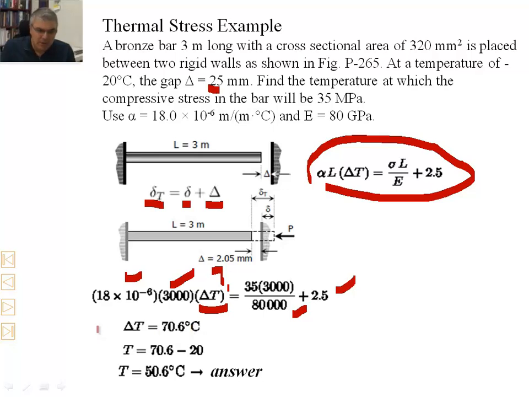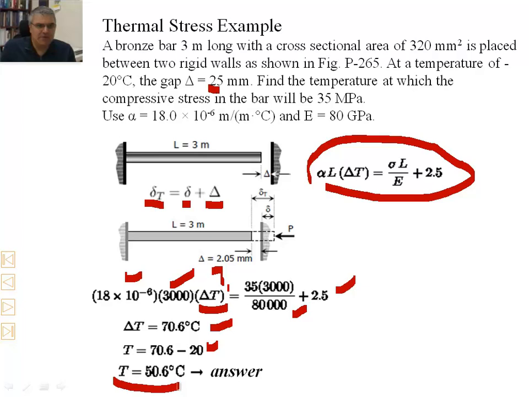So from here, we're going to calculate delta T as 70.6 degrees Celsius. We already know that at a temperature of 20 degrees Celsius, the gap is 25 millimeter, and we're going to use that to our advantage and do our calculation, and then we subtract that 20 from 70.6 to see what will be the